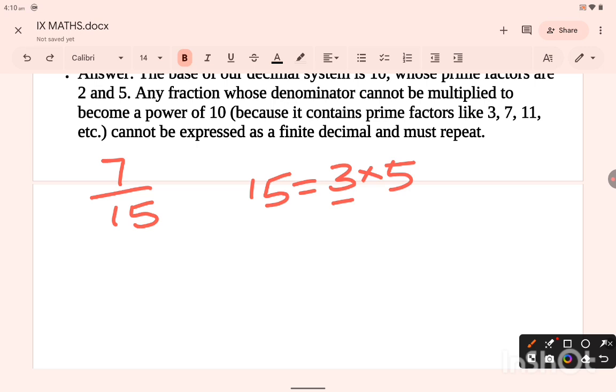Only if the prime factorization of the denominator is in the form of 2 to the power of m into 5 to the power of n can the fraction's denominator be expressed as a power of 10. So here in 7 by 15, 15 can be written as 3 into 5. Here 3 is present, other than 2 and 5. So here 15 cannot be expressed in the form of powers of 10. Therefore, when the prime factors of denominator